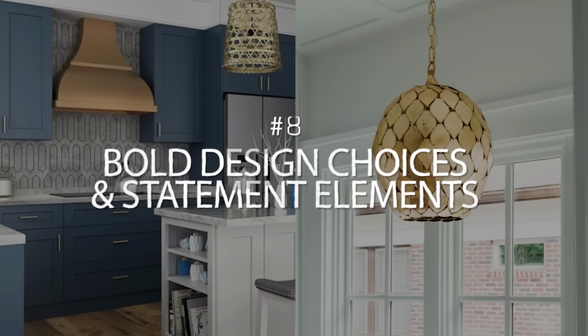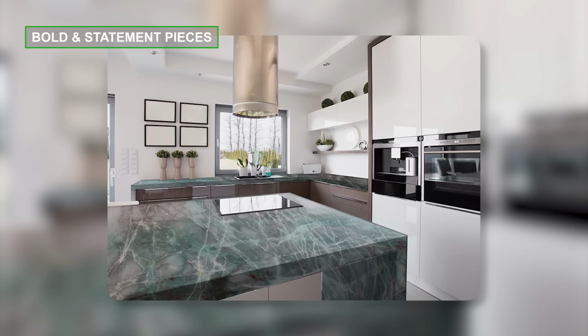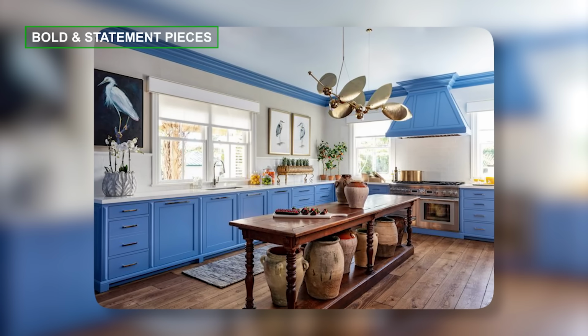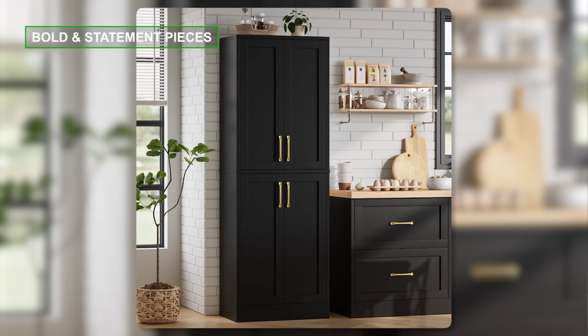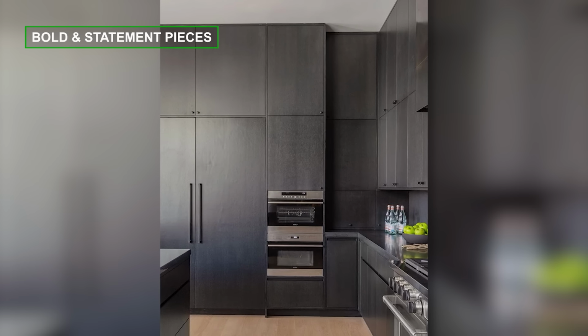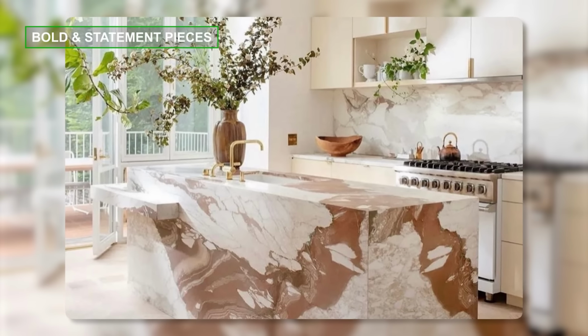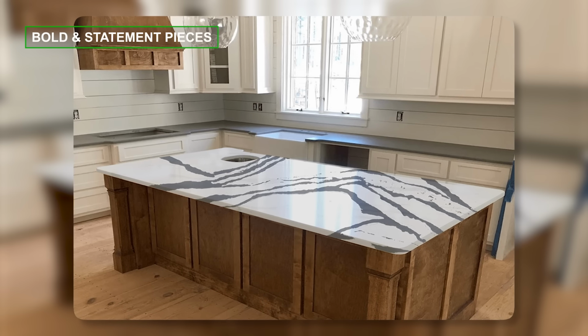Bold design choices and statement elements. I'm really seeing this a lot, and I absolutely love it. For those who want to push the envelope and truly make a statement, daring cabinet colors. A bold cabinet hue, whether deep charcoal, navy, or even black, can serve as the focal point of your kitchen when it's done right. Unique countertop materials. Experiment with distinctive stone patterns that double as art pieces, offering a dramatic contrast to the rest of your kitchen